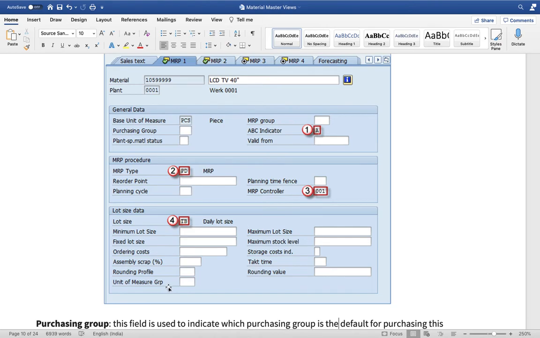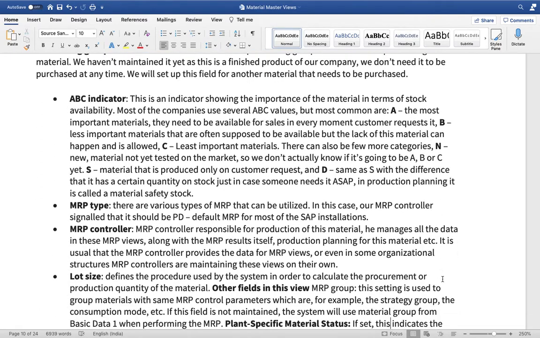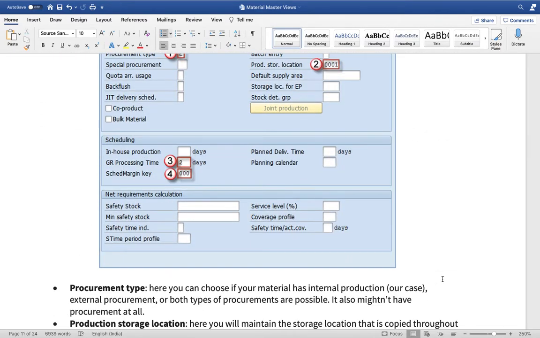These data can be taken over there. You see there are many others, like assembly scrap you can mention. You can mention the stock level, storage cost, all these things you can take over here and it will be used for the production. So this is one important view which is MRP view.